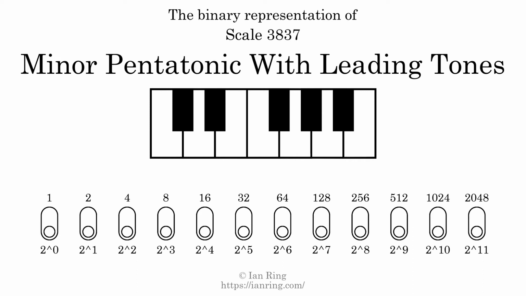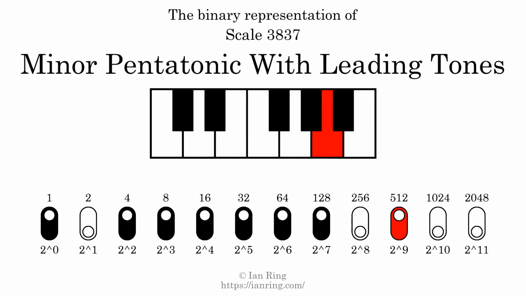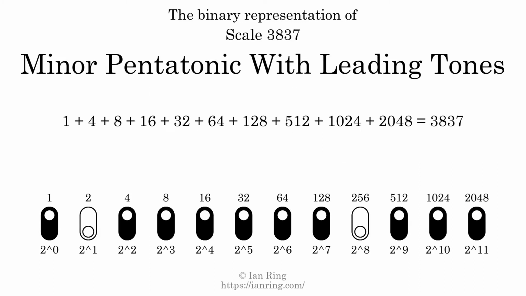The binary representation of this scale is determined by mapping tones of the scale to binary digits. Each binary digit represents a power of 2. To get the scale number, we add the powers of 2 together. The powers of 2 that are present in the scale, all added together, equals 3837. That is why the scale number, in decimal, is